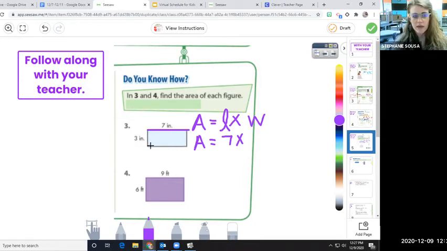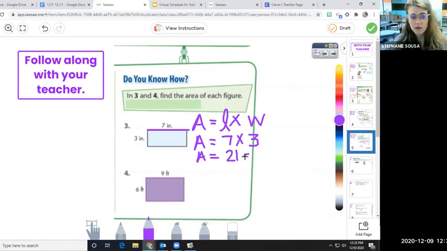Our width is 3 inches. So area of this figure is 7 times 3. We can use our 7 song or our 3 song. 7, 14, 21. That's 3 times and it's 21. Let's see if the 3 song gives us the same. 3, 6, 9, 12, 15, 18, 21. Yep, times 7. So the area is equal to